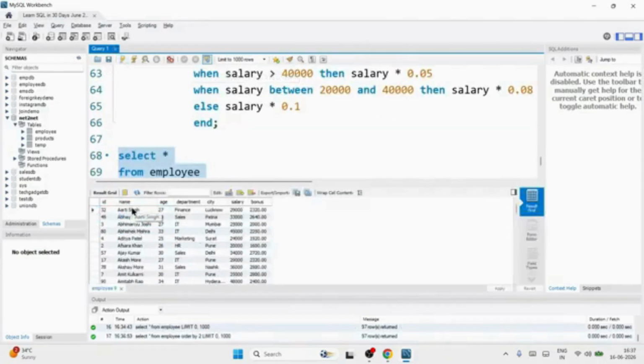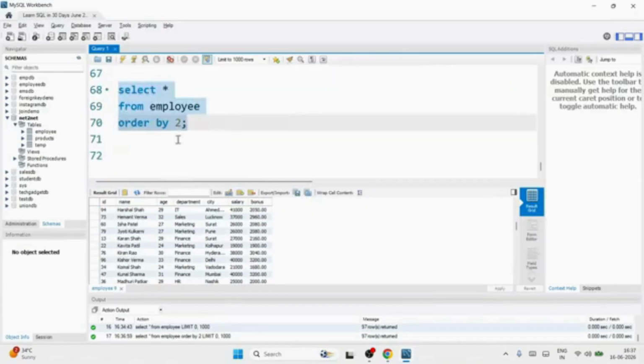See, is it sorting according to column number two? This was just information to tell you. Normally we write order by the column name, but if you don't give the column name and you give a number, then also it works. See, order by two, if I write, it is sorting on name basis. Or if you're sorting on the city basis, 1, 2, 3, 4, 5, and then comma